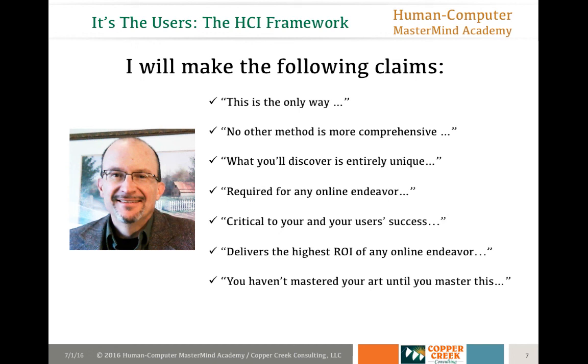Absolutely not. My claim is simply this: all of those other efforts, investments, methods, tools, solutions have very specific roles and benefits, and those are important. And you should continue to develop and apply them if they're working for you, or start using them if they're going to help you. But the only way to know if they're working is by making visible how real people use and interact with them, period. That's the core of what I'm trying to teach here.